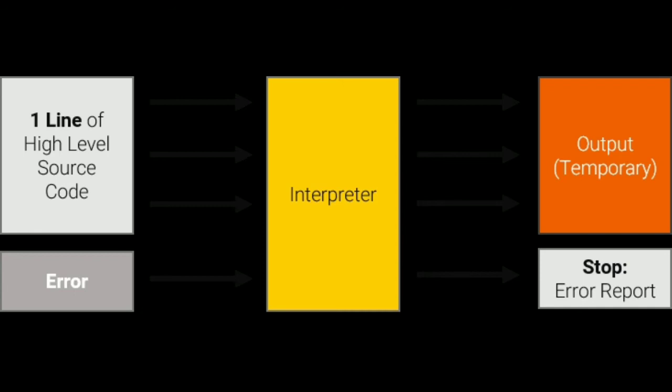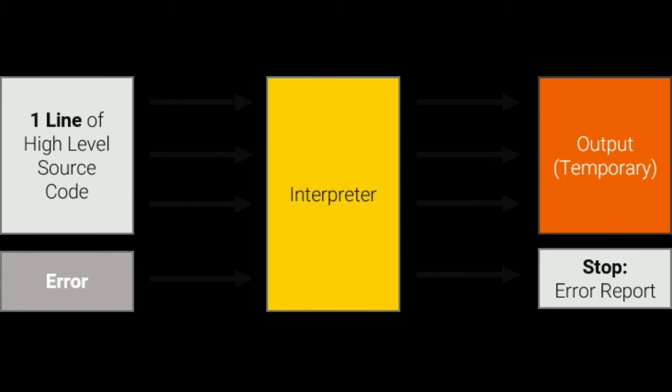Okay. What was the case in a compiler? The compiler translated the whole program at once, and only after the translation is complete, the errors will be detected and removed. But here in the interpreter, one line of a program is taken at a time, and if there is an error in that particular line, the process of translation stops there and an error message will be sent to the programmer, and the programmer has to remove that particular error. Only then can we continue the process of translation. Okay, that is the difference between a compiler and an interpreter.